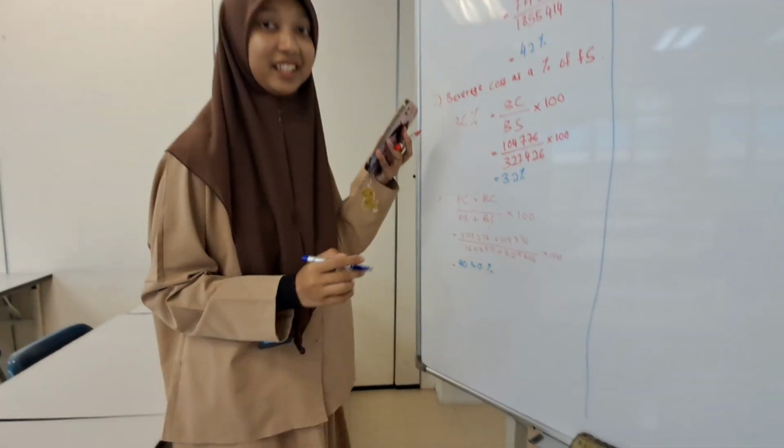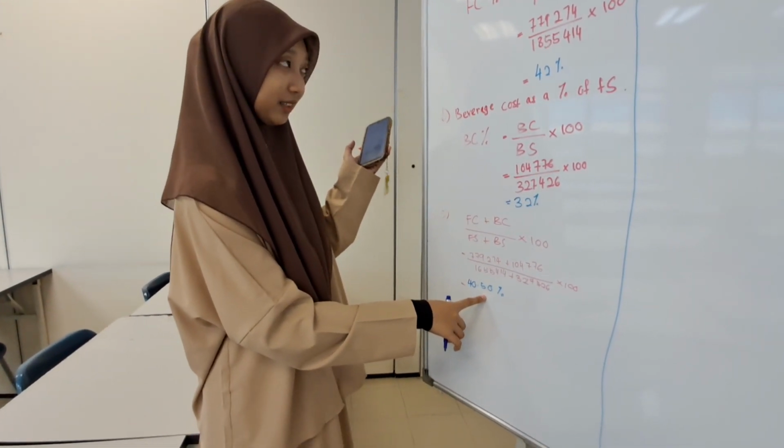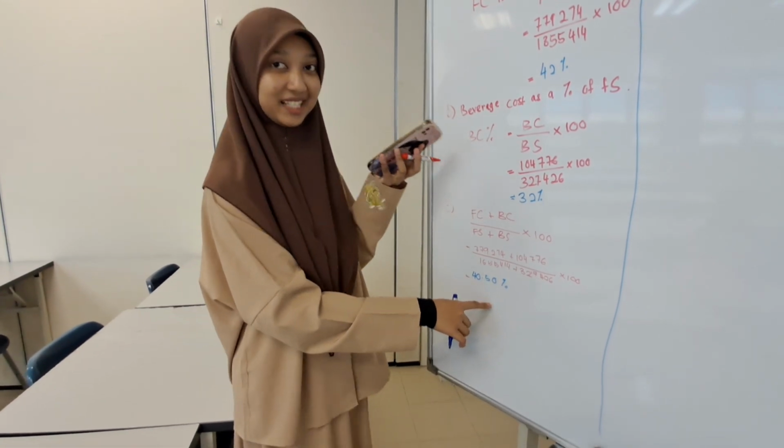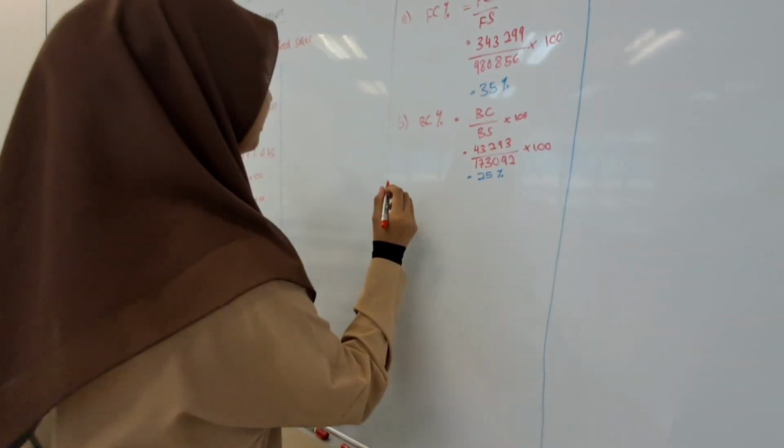So we will get the answer 14.50%. So for the Yorkshire restaurant,